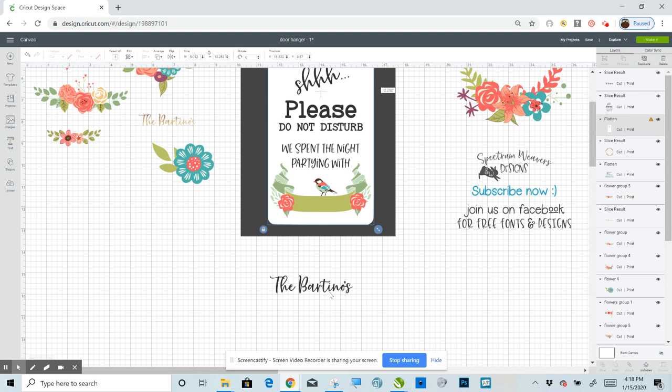Move backwards, okay. And then if I take this and reduce the size of it, you have to reduce it a little bit more. This is going to be super pretty. Okay, I want that to fit on there, right? Yeah, I like that a lot. Okay, go ahead and